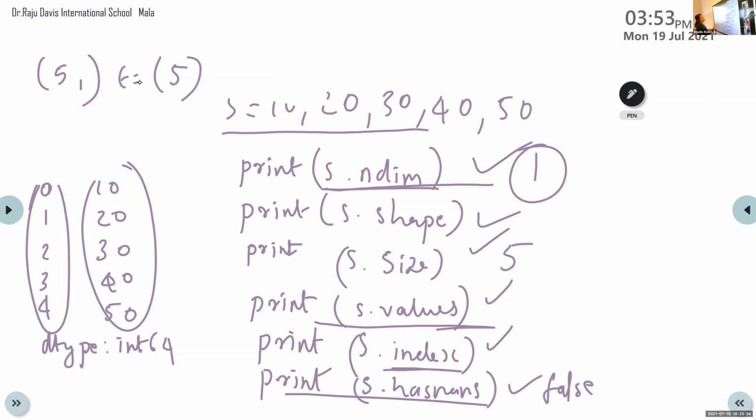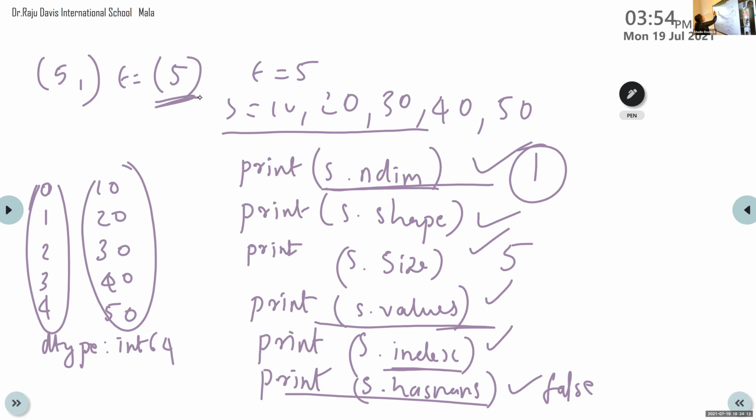t is equal to 5. If you write like this, it is not a tuple. The meaning of this statement is that we are assigning 5 to t. Here we are using round brackets, but in the case of a single element tuple the representation is different. This is only for assigning 5 to t. It is not a tuple. You are assigning a single integer value to a variable. That is the meaning of this statement.